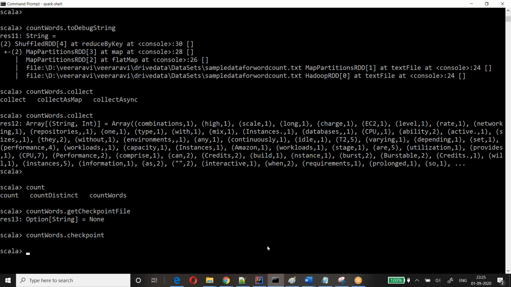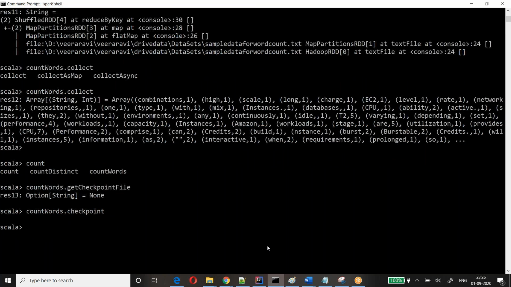I want to compare that point with checkpoint. How will you compare? You are saying persist disk only and the checkpoint, right? The persist disk only stores the lineage graph information, whereas the checkpointing will not have that information.